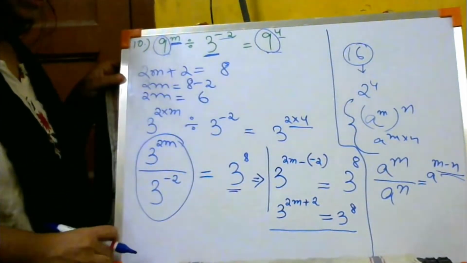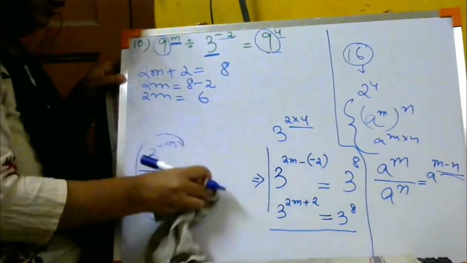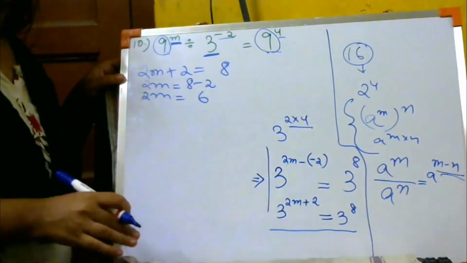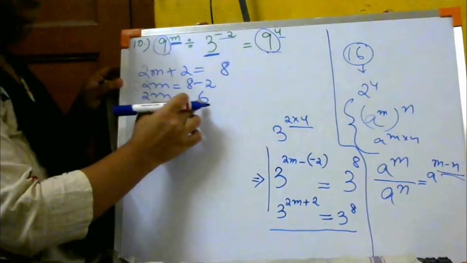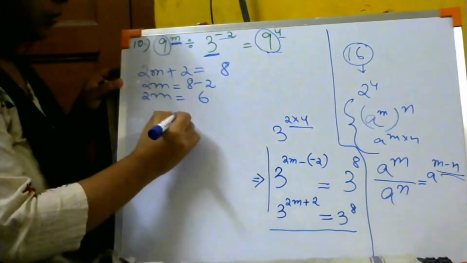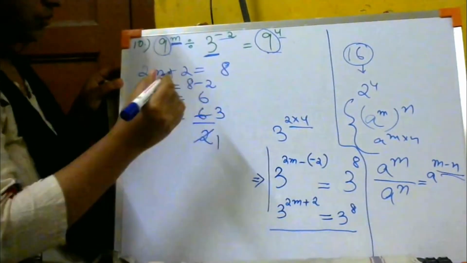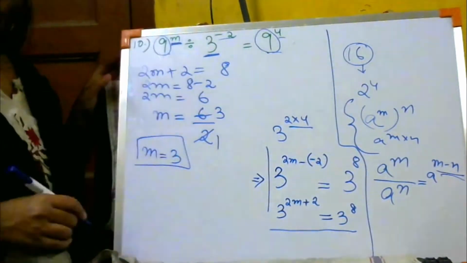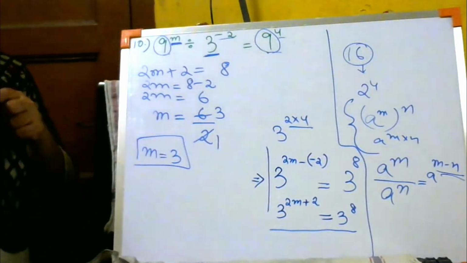है ना? Is it coming? The ones who know maths, they will only understand. The ones who don't try, how will I explain that to them? I don't know. Because these are basic. These were taught in class 7. So 2m equals to 6. So finally find the value of m. 6 by 2. 2 threes are 6. So m is equals to 3. This is your answer. ठीक है, you got the answer. m is equals to 3.